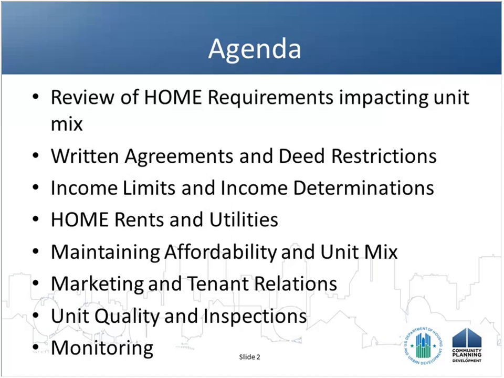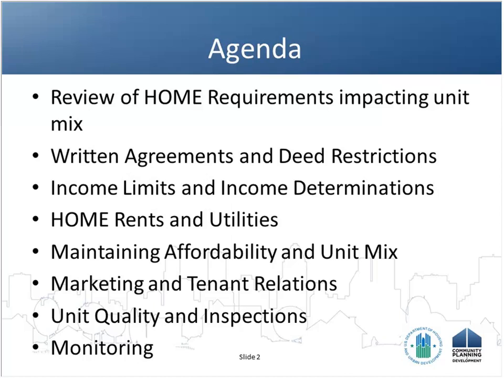and that takes you into all of the home requirements, including the front-end actions that a PJ would be doing in making a decision about funding a home rental project, the eligibility of costs, making that commitment of funds and completing their underwriting, their subsidy layering and market study review as part of that process. So we're not going to be talking about those functions today, but really looking at once that property has been funded and is being placed in service, and then the actions that need to be taken to maintain compliance throughout that